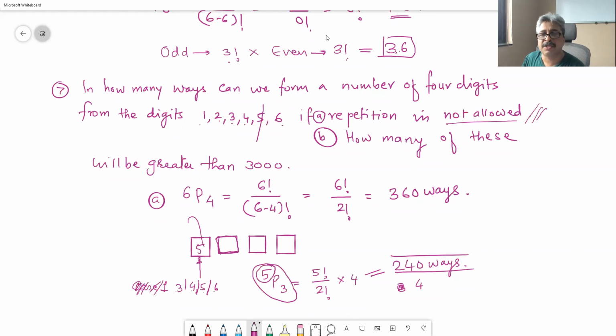Out of these 5 digits which are available with us, we want to display 3. Therefore 5P3, which is 5 factorial upon 5 minus 3 factorial, which is 2 factorial. And this is the number after we put 5 here, and we can put 5 or 3 or 4 or 6 here. There are 4 ways of doing it. Therefore the simplified answer will be 5 into 4 into 3, only 3 numbers, multiplied by 4.